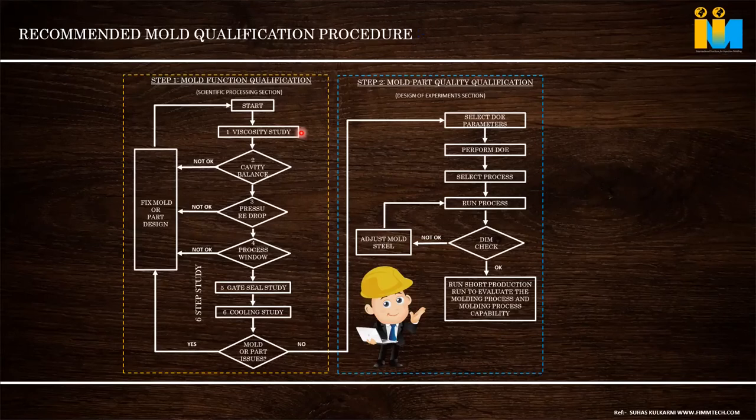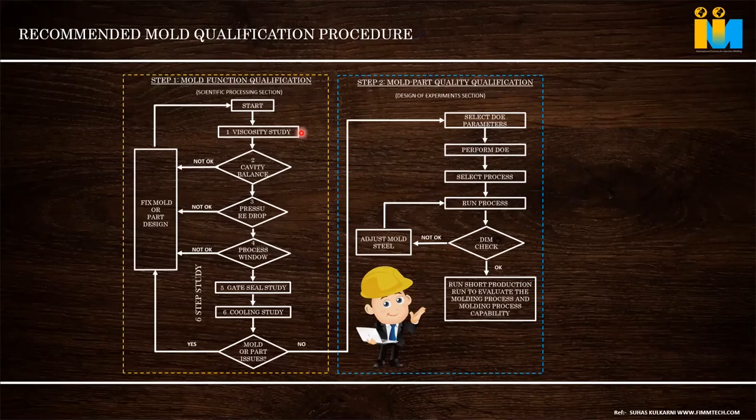But when we qualify a mold properly, it can start within 5 shots. It will not take 50 or 100 shots to get an okay part. This is how qualification has to be. That's why the pressure drop and gate filling study has to be done. Process window means there should be a window. If we keep the process so critical that if I change my melt temperature by 5 degrees the part will short fill, that is a poor processing window.